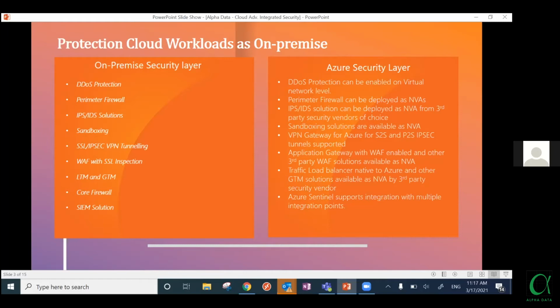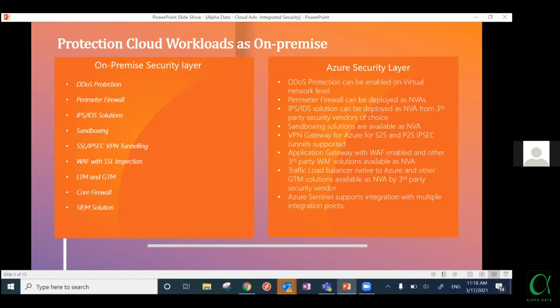So if I also talk about the SIEM solution, this is also one interesting aspect. Azure Sentinel is one of the SIEM solutions they currently support, which is a native solution of Azure. It does not only support the cloud workload, but it also supports on-premises workloads through connectors, not just virtual machines, but also firewalls and network switches, etc. Azure has a list of supported integrations that is available on the internet as well. So if you don't want to go with Azure Sentinel, you can go with another third-party SIEM solution and integrate it with your virtual machines on Azure. Even that support is available.